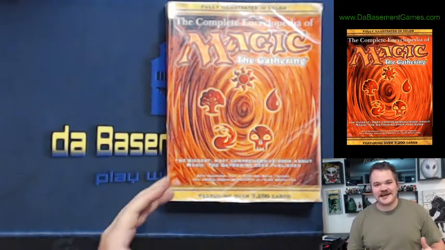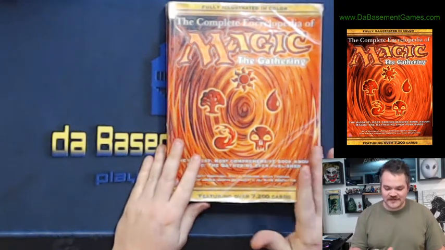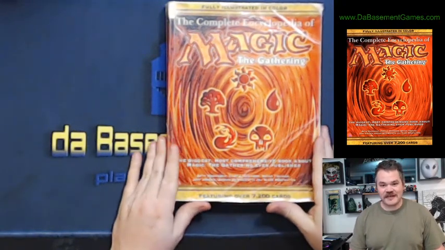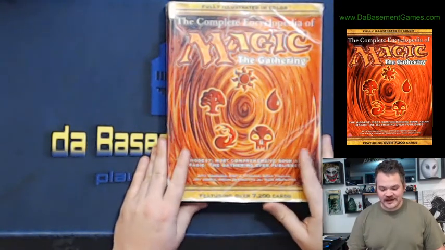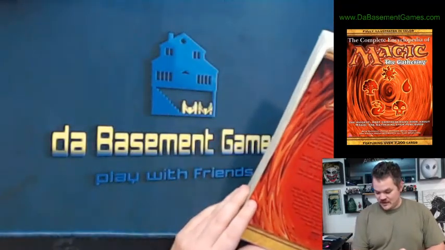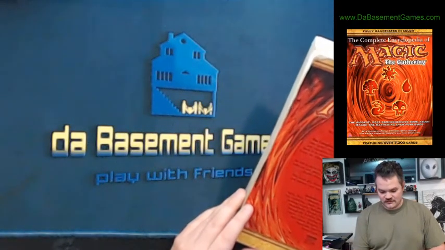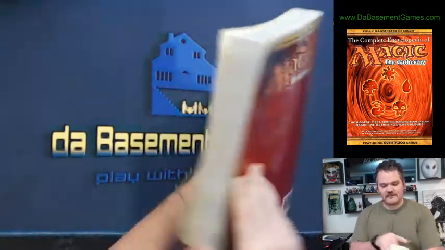Hey folks, I just thought I'd do a quick little video about some things from Magic's history, and I happen to have this complete encyclopedia Magic the Gathering book right here. You can find it online very cheaply, and gosh, what year did this come out? This came out in around 2001, actually. So it hits the